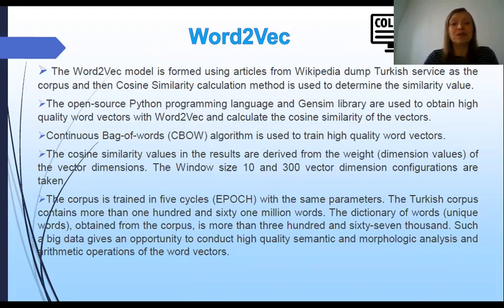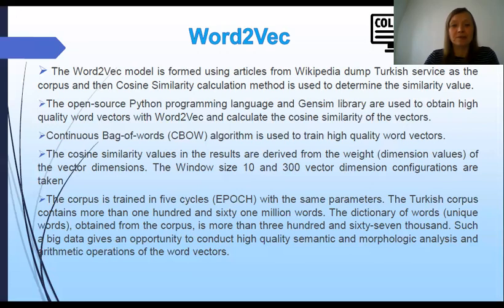The cosine similarity values in the results are derived from the weight values of the vector dimensions. A window size of 10 and 300 vector dimensions configuration are taken. The corpus is trained in 5 cycles, epochs, with the same parameters. The Turkish corpus contains more than 161 million words. The dictionary of unique words obtained from the corpus is more than 367,000. Such big data gives an opportunity to conduct a high-quality semantic and morphologic analysis for the arithmetic operations